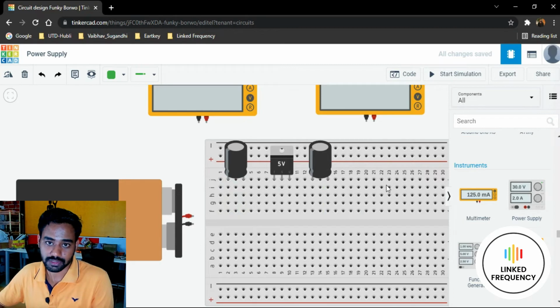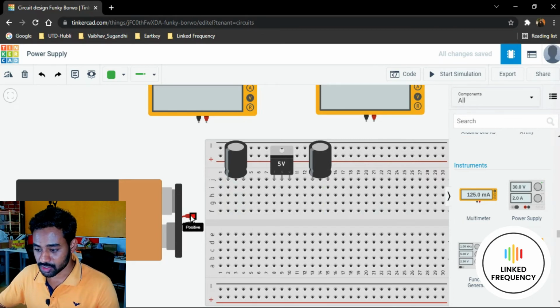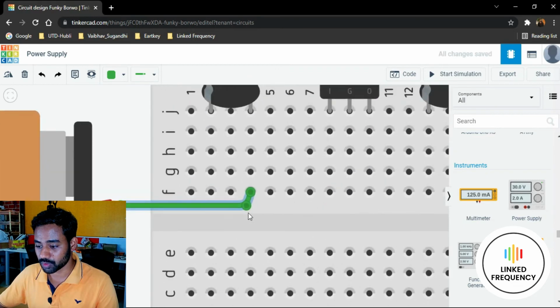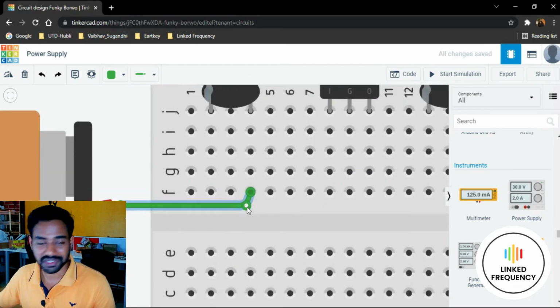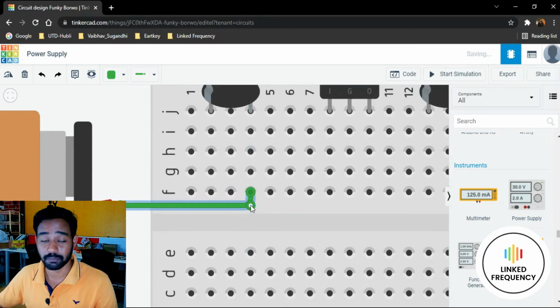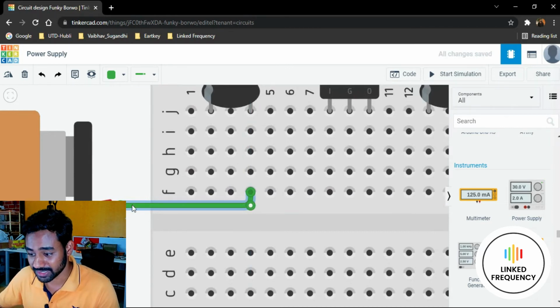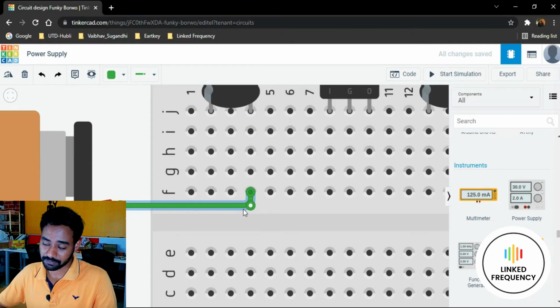Then henceforth we need to connect the circuit, right? So I just click here and I get a wire connected to my cursor. Make sure that you make a proper connection by dragging it in a straight line and connecting it to the place where you want to connect it. In my case, I don't want to do it in a primitive way. I want to do it in a professional way. So I make sure that it is aligned properly, not just connected, it is aligned and looking good.